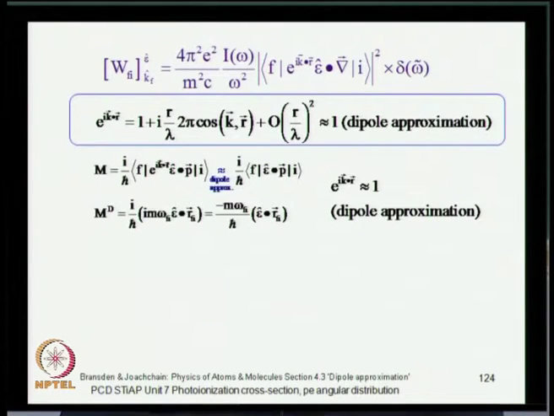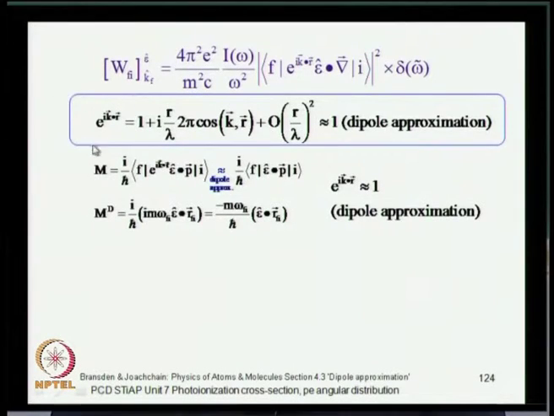And then we have this e to the i k dot r term in the expression for the matrix element, and if you take an expansion of e to the i k dot r, then you have higher order terms in r over lambda. So, you can truncate this series for large wavelengths, right. For large wavelengths r over lambda will become a small quantity and higher powers of r over lambda can be ignored, and if you take the leading term, it is just e to the i k dot r equal